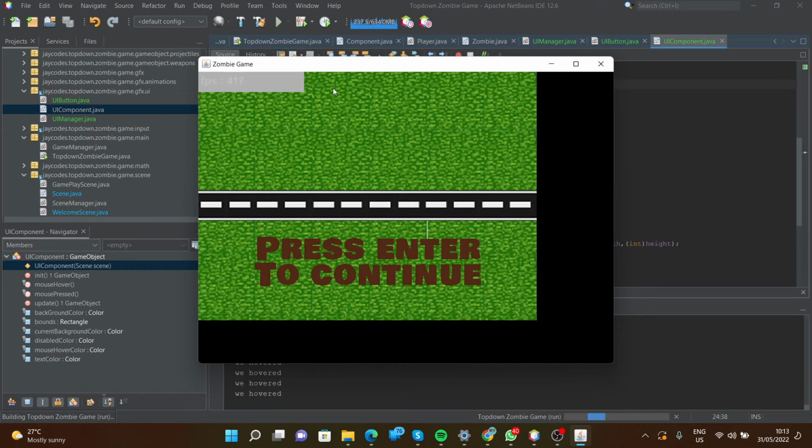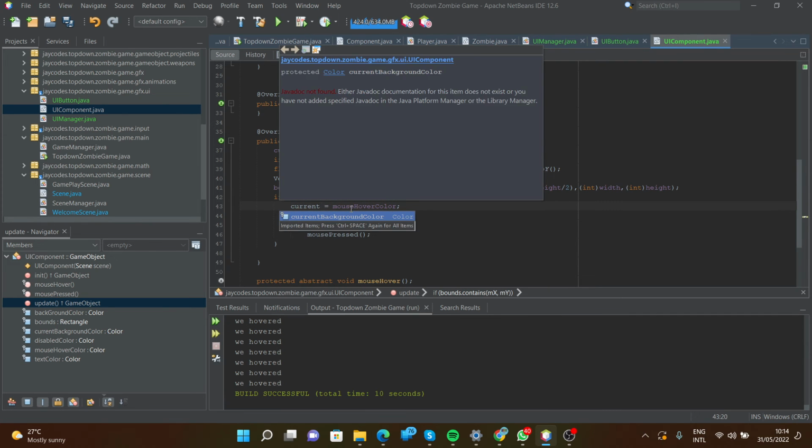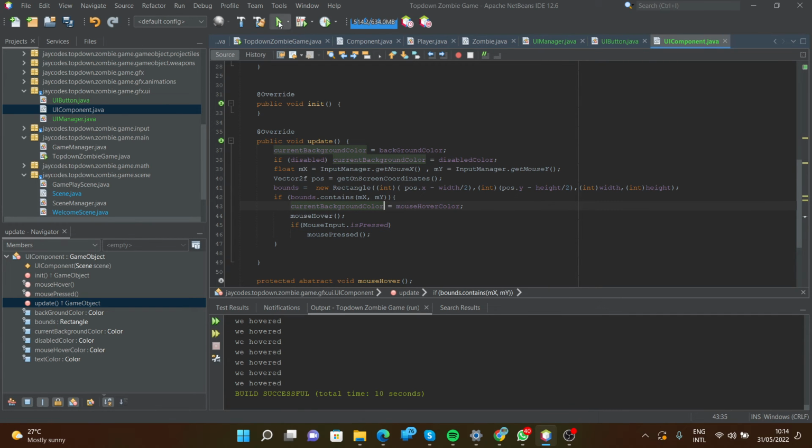Okay, now it's much more clear. But once we are hovering over, it doesn't want to go back. So let's try and fix that. Oh, I see the problem is that in here we're setting the background color. So instead of setting the background color, we need to set the current background color instead. So now when we run this,